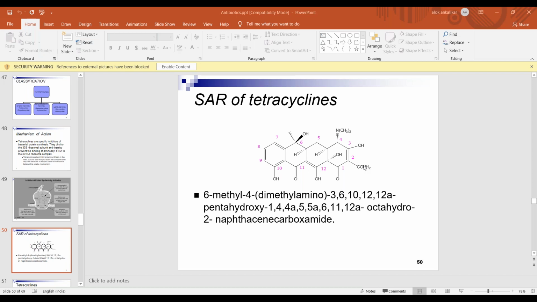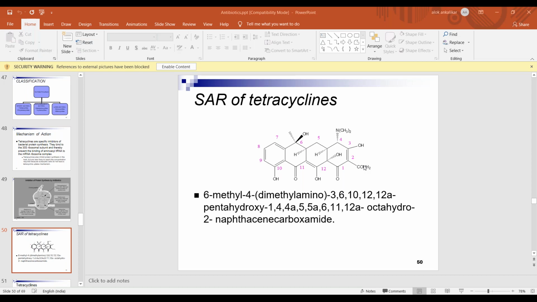Similarly, alkyl substitution at C11A is going to give you inactive compounds. The next point in SAR is alkyl substitute. Yeah, we finished this, C11A we have finished. The last point is that positions which are at the bottom of the molecule, that is 10, 11, 12 and 1, they are the regions where substitution is tolerated. You can have substitution over there.